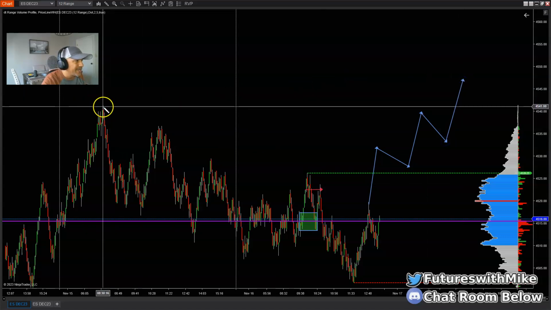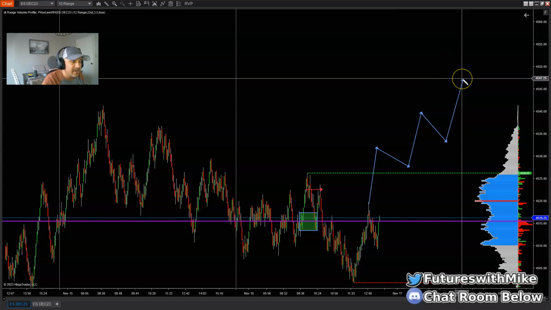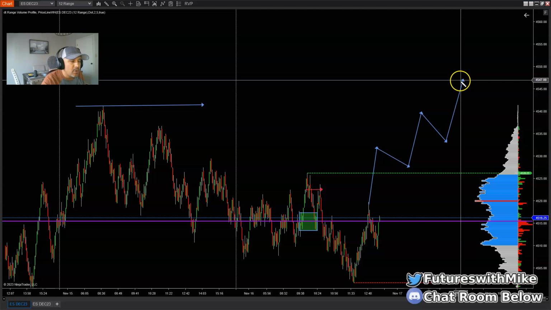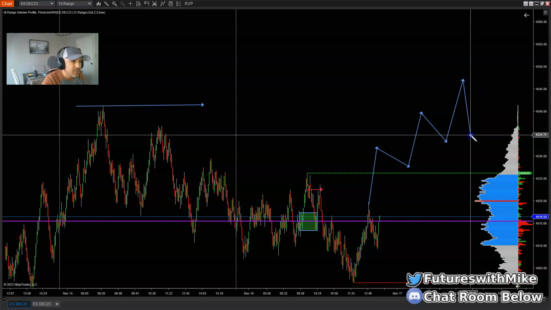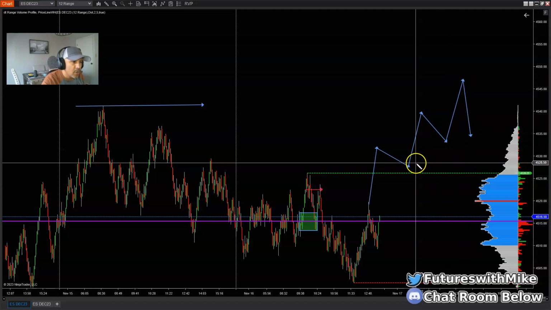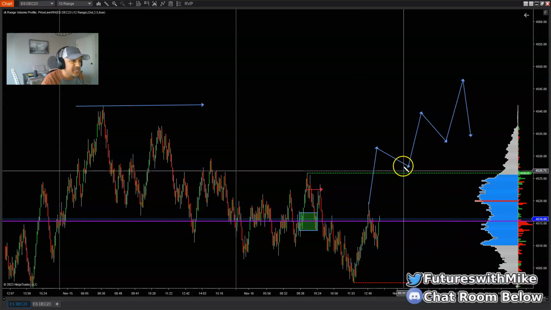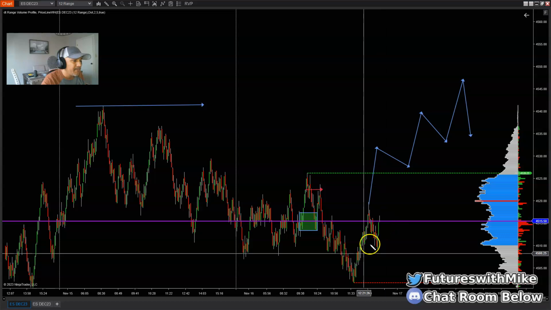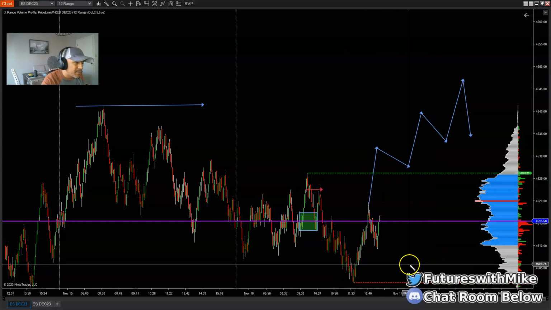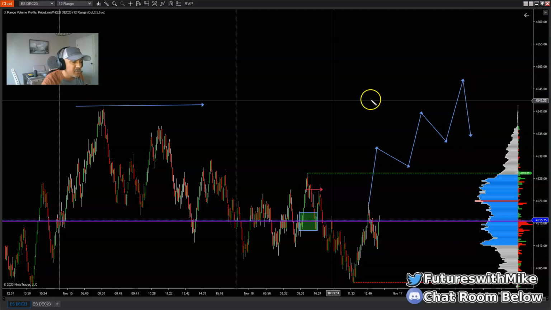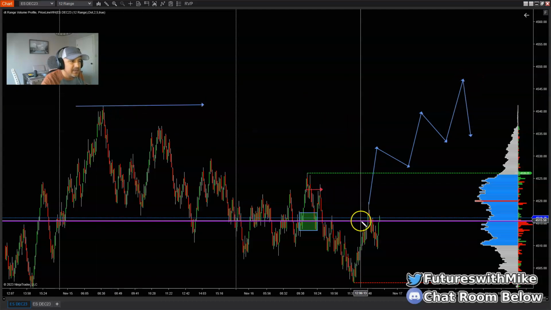Okay, so once it breaks structure right there, we've made a new high, right? So this is the area of major structure right here, all right? What I would want to see price or the market do is pull back to some key area of demand, or it could be here, or it could be down here at the bottom, okay? But the market can pull back and reject any of these areas. And primarily, we always want to look for the latter part or the lower part of a directional push higher where it made a new high at the breaking structure right here to take our trade.